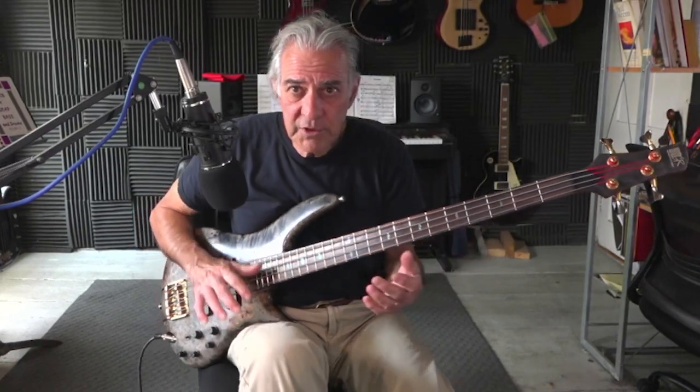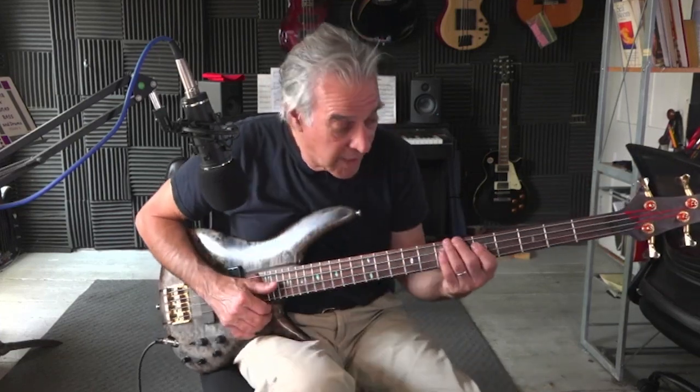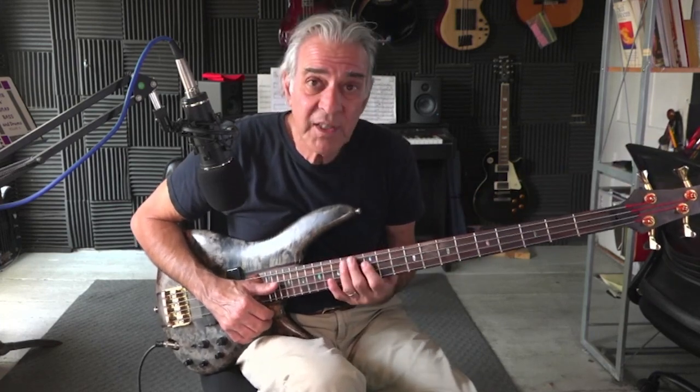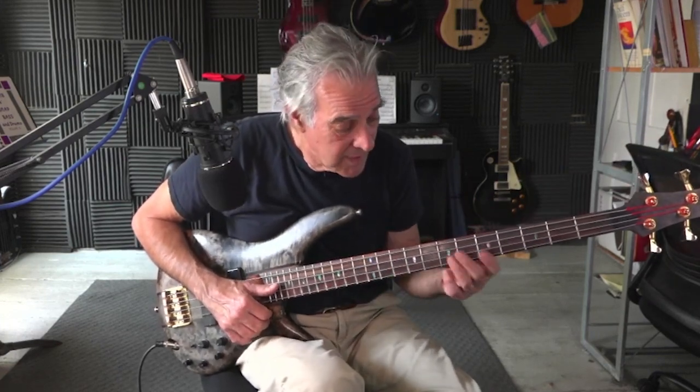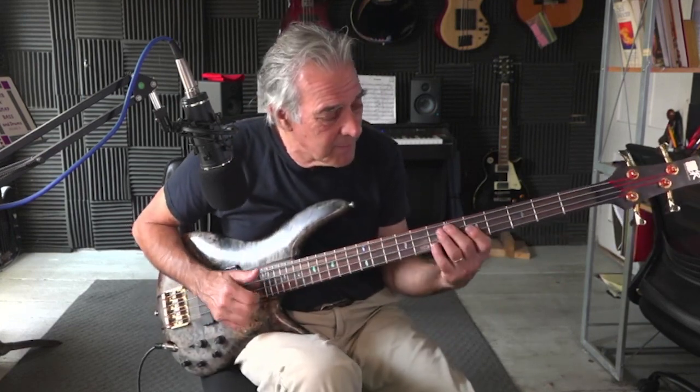You can use just the ascending line or the descending line. Ascending could be maybe a D minor, and descending could be an A seventh. So that's a little theory. It's a little bit involved, like I said, but